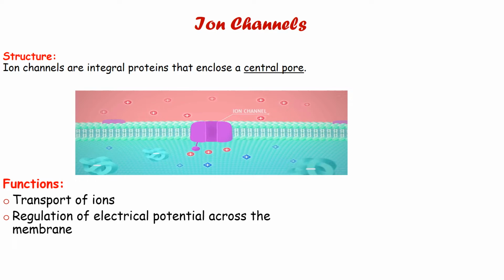So if more of the positive ions are entering inside, the cell will become more positive inside, or it will become depolarized. And if there is more exit of the positive ions from the inside to the outside, it will become repolarized. So these are basically the electrical potentials across the cell membrane, which are governed by these ions. The third important role is cell signaling. Once these ions enter inside the cell, a number of pathways are activated or inactivated. So they play a role in cell signaling, which we will be studying in later classes.